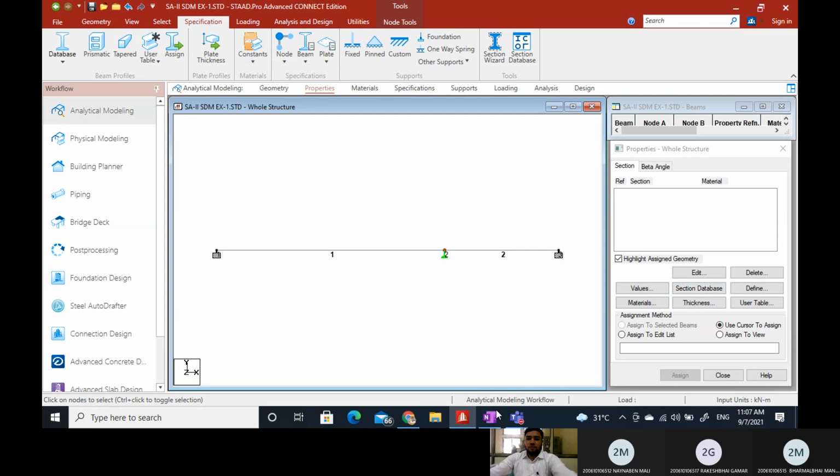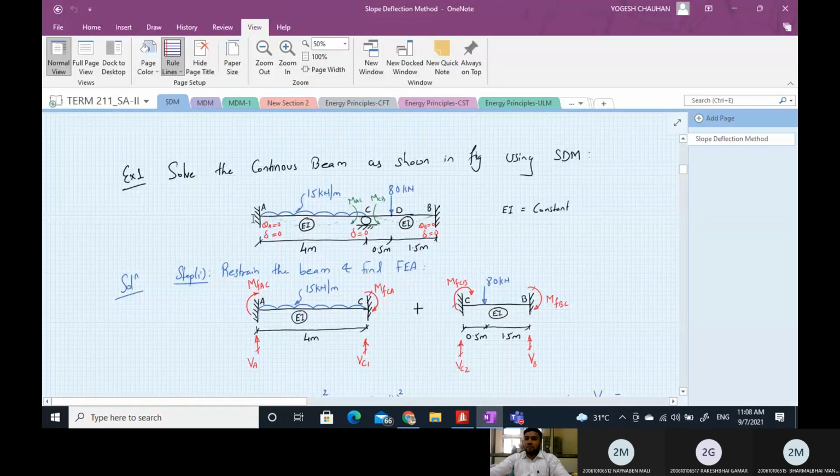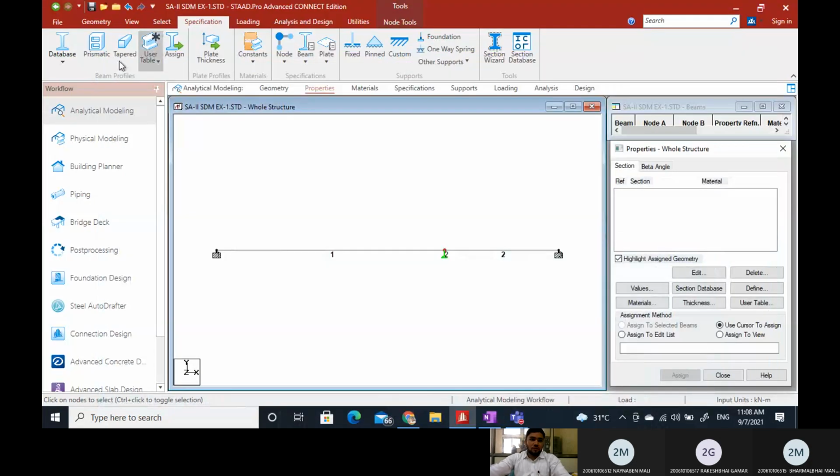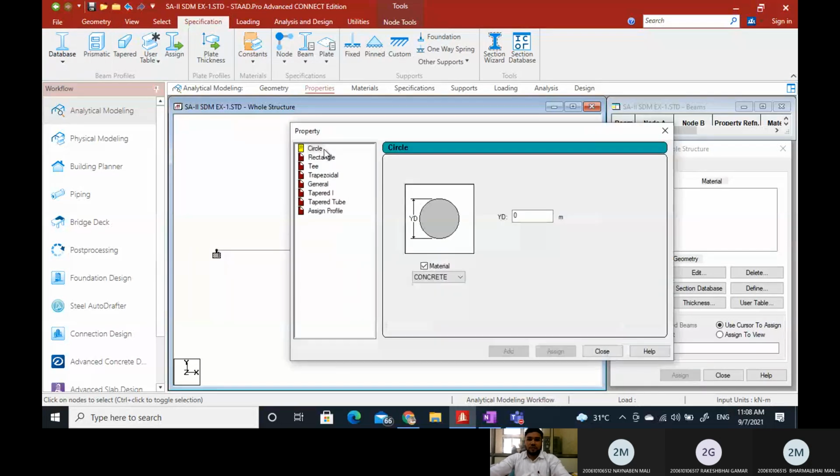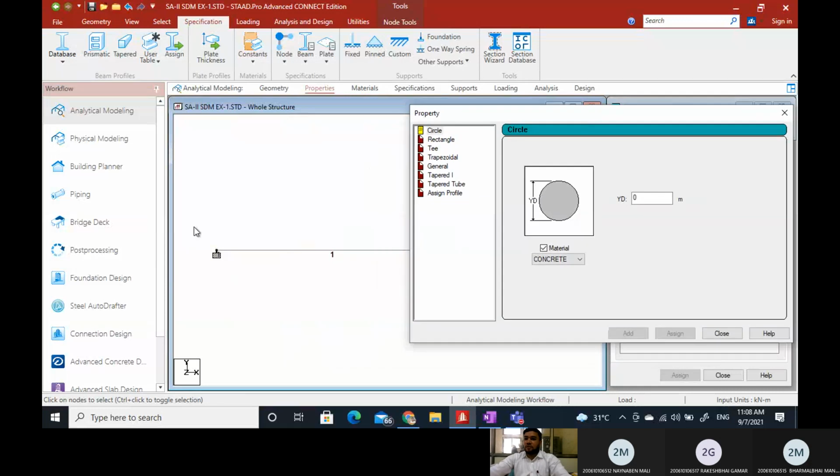Yes. So now we have created the supports. Next, we have to provide the material also. Click prismatic section, and since EI is constant for both the sections, let us select a rectangular section and material as steel. In the section, YD means depth and ZD means width.